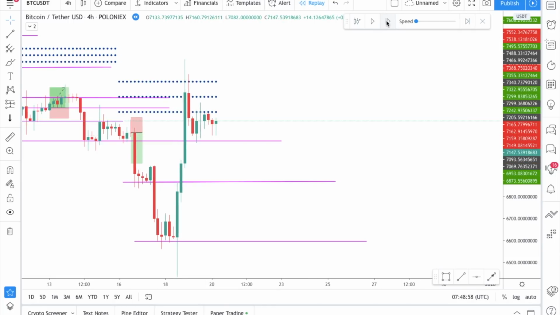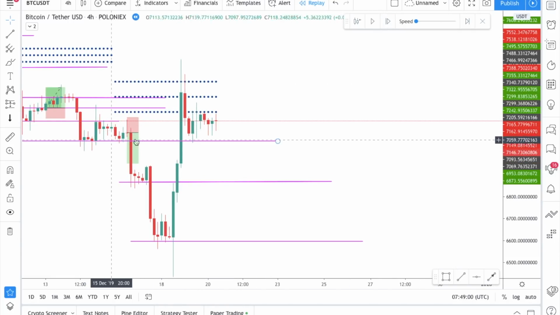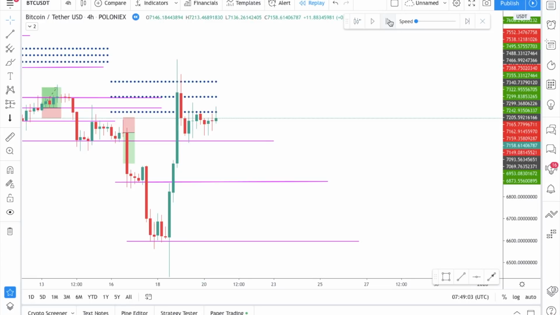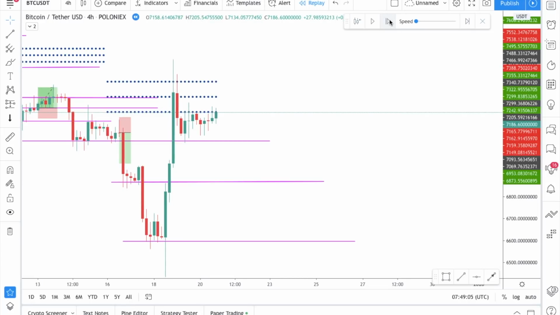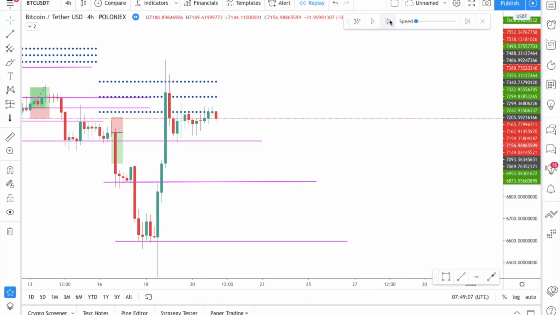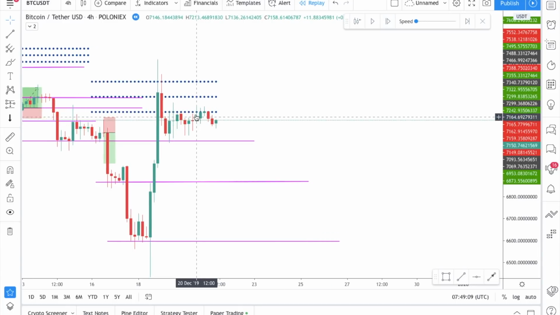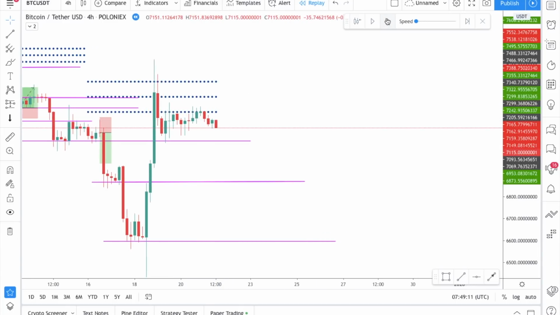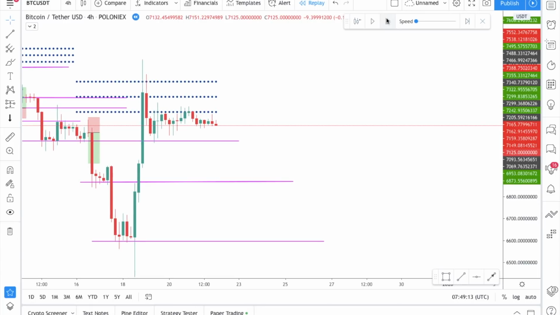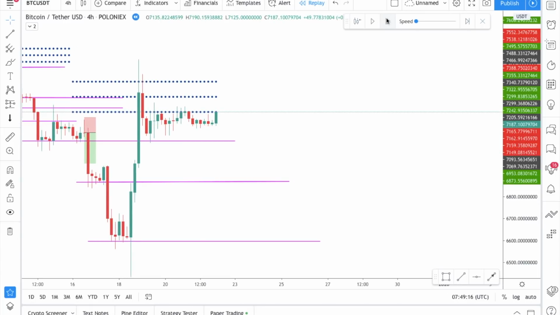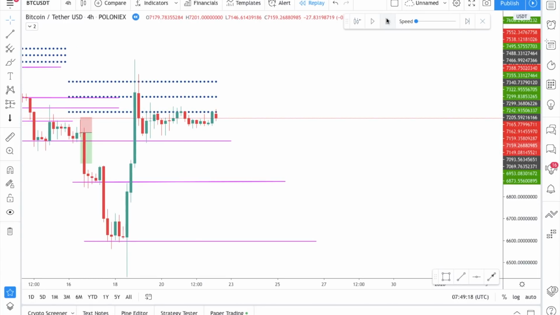We want price to test this trend line, right? This is the important trend line where the price had already found support plenty of times. So we are looking for one or two more rejections around this area. Look, it got rejected around this particular area, but it's still not giving us a proper confirmation. Either it has to break to the upside or to the downside. So now I want a candle